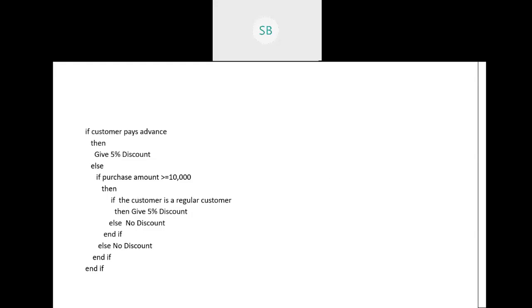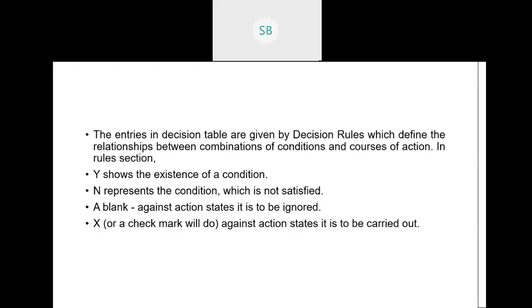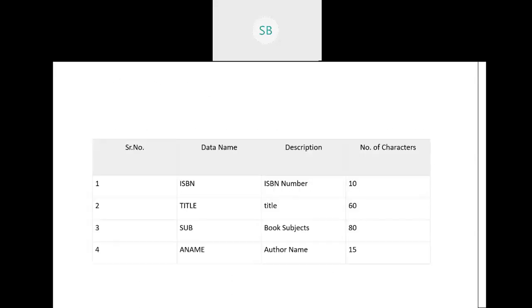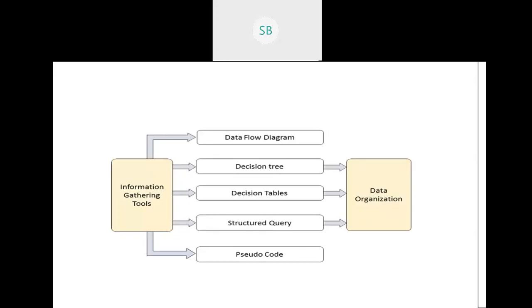So this was all about structured analysis. These are all the information gathering tools, and this is how we get the information, how the analyst helps to analyze the users. Now think of these as part of the system designers' work. They analyze the thing, draw this kind of diagram, and give it to the coders, and the coders will code it accordingly.